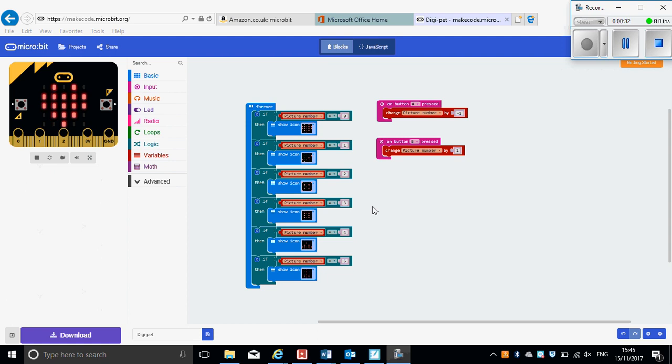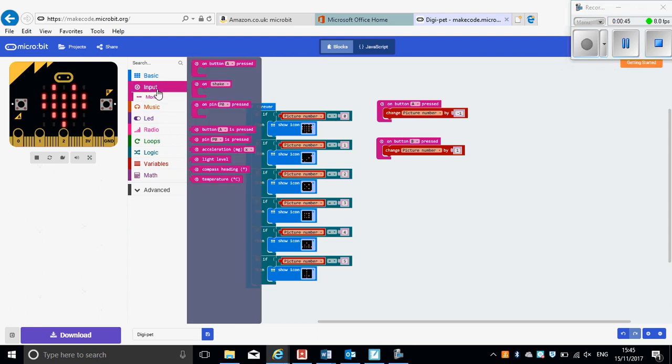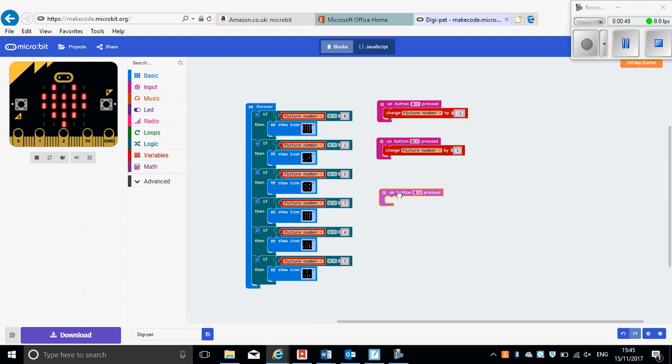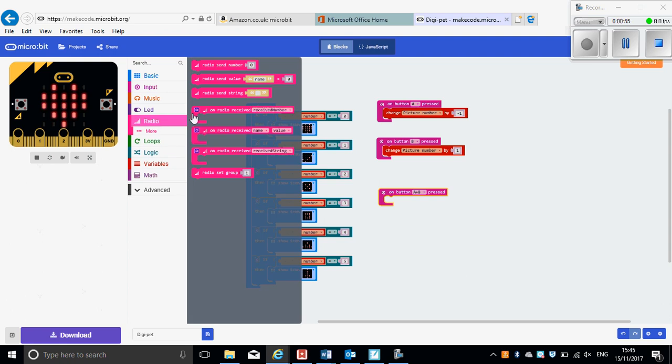And in doing so, as long as you had a pre-arranged code, you could create some sort of secret code to communicate with one another. So we need to think about when we're going to send something. To do that, we'll say when we press buttons A and B, we're going to send something to everybody else. When I press buttons A and B, and this is when I click on the radio signals, I'm going to